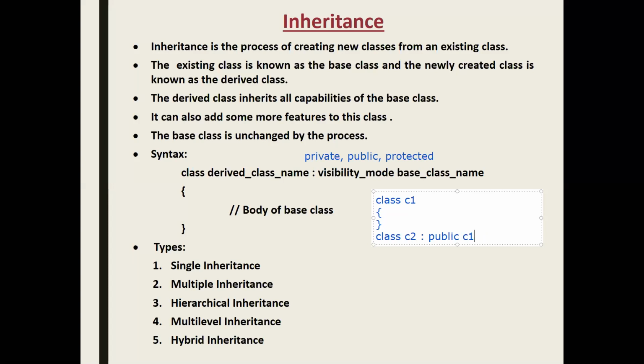If I mention like this, that means what? The properties of this class 1 will be inherited to the derived class, class 2. So when these properties have been derived and initialized to this class 2, right? Suppose you are creating an object,